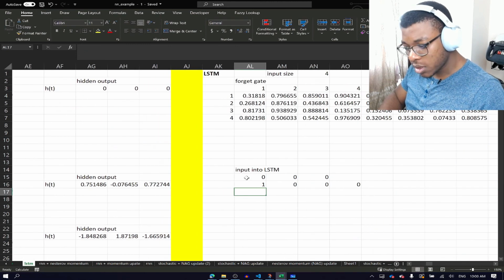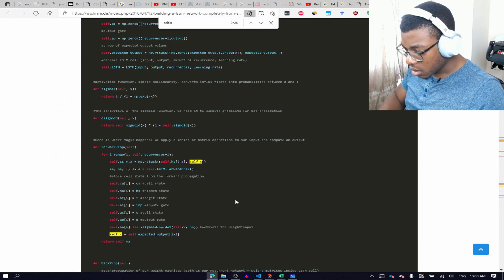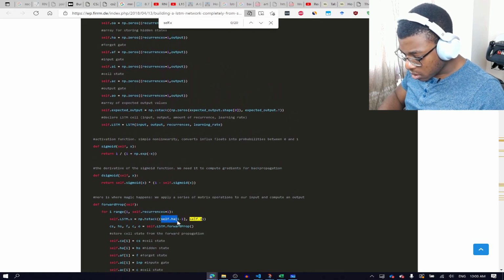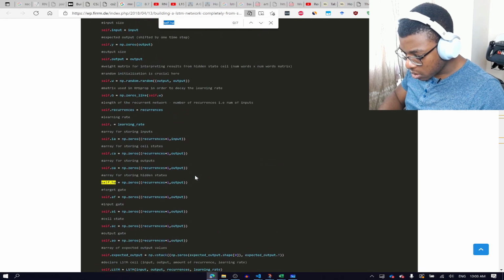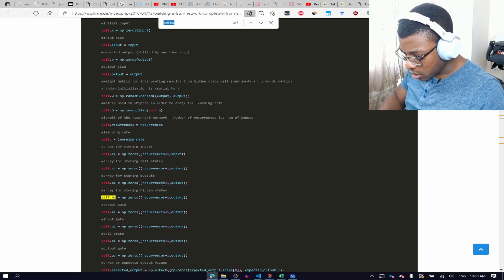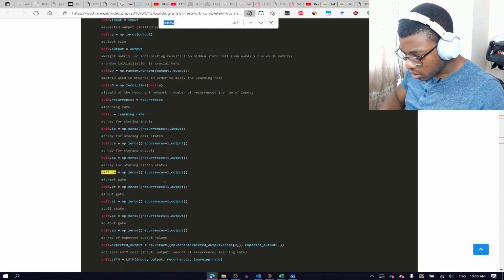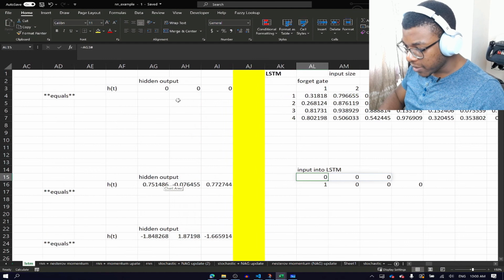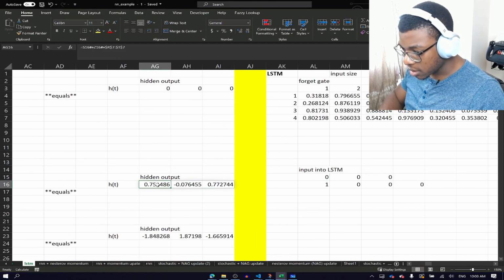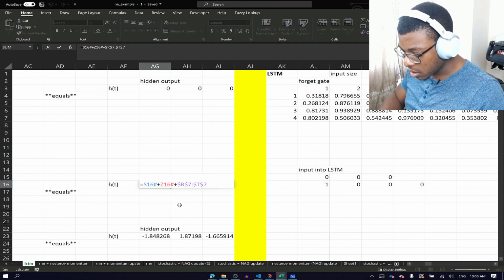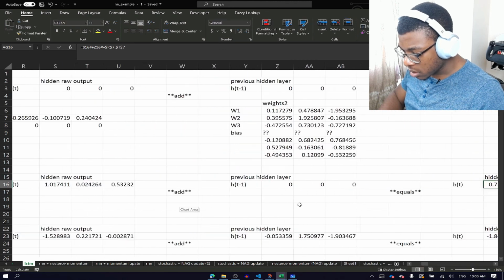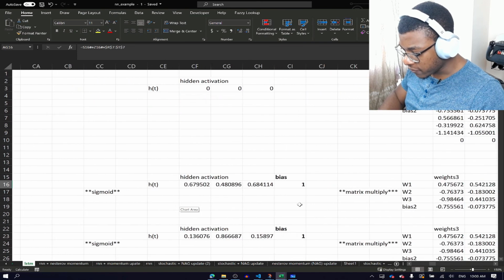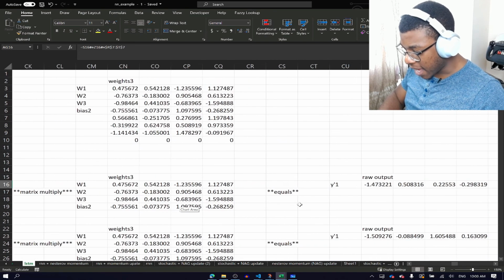This makes no damn sense. Okay, but this makes no sense because my hidden state is this, and this has a vector size of 3. My actual output